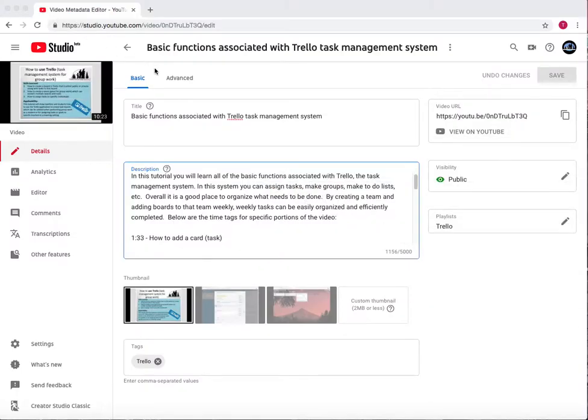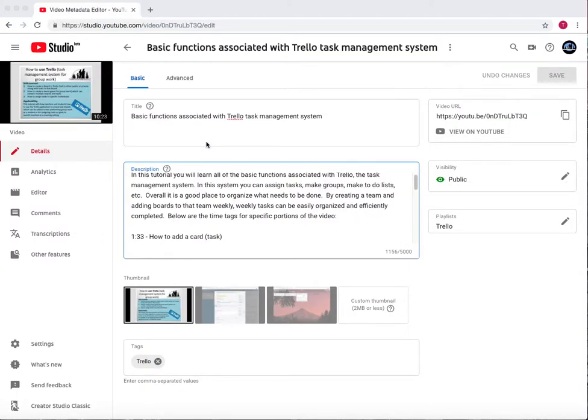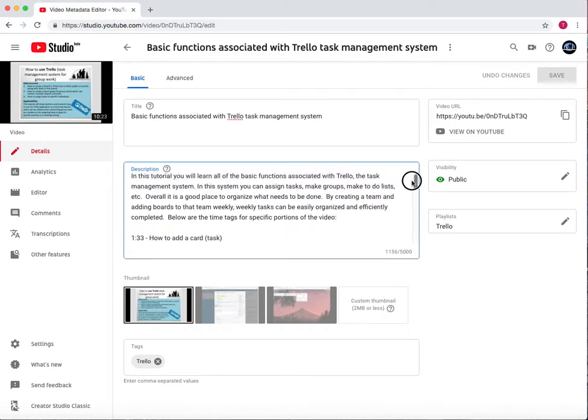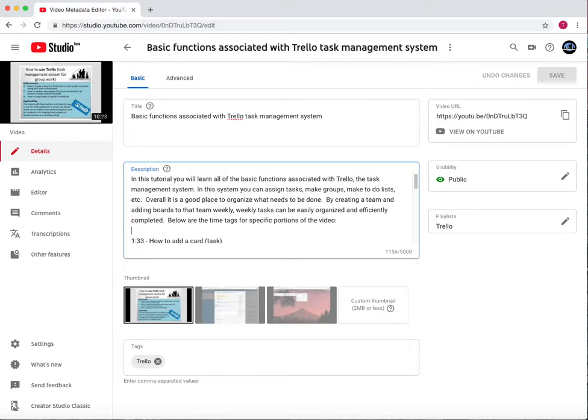So I already have a YouTube video opened up and I am on the edit page on the basic. So, as we see, we have the title up here, which is basic functions associated with Trello, and then a description down here. So you can write what you want in your description, but to make a timestamp, all you do is type in the time, so